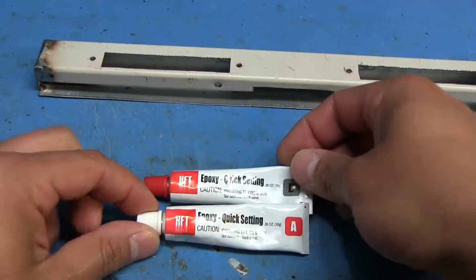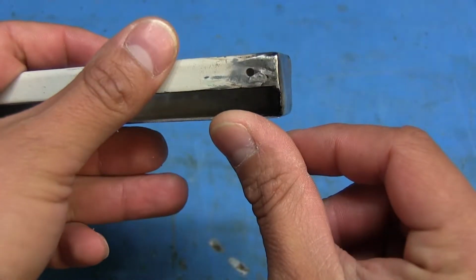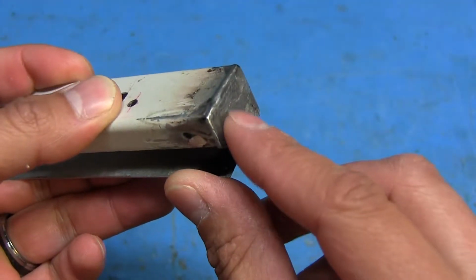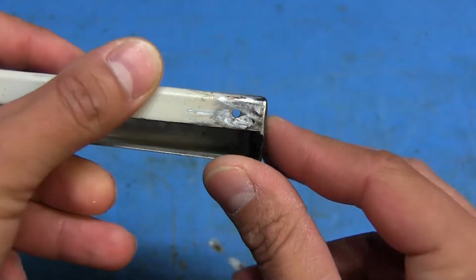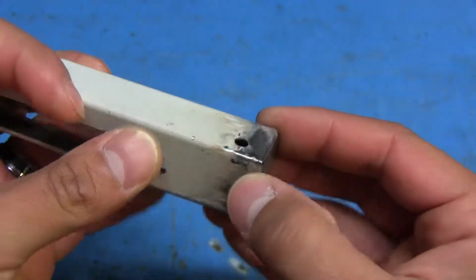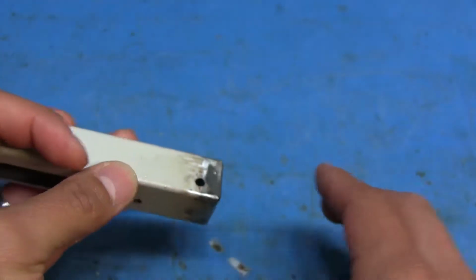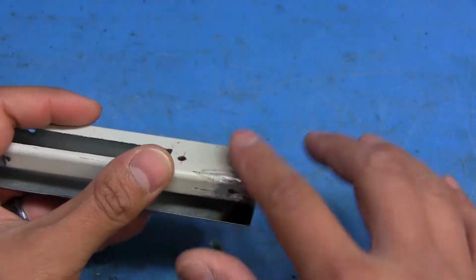that I got from Harbor Freight, and I applied it pretty thick here, and as you can see, it filled in stuff pretty nicely. It's pretty shiny and clear. I laid it on a little heavy so that it would cover up all these little areas that I said were kind of low and stuff. So what I'm going to be doing now is I'm going to sand it all smooth and flat and try